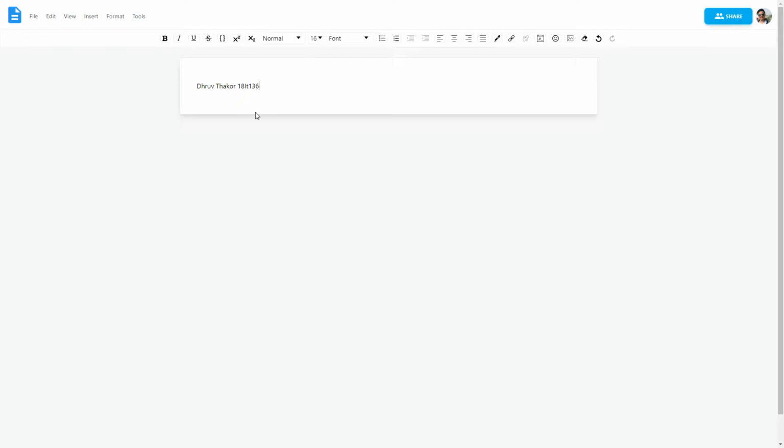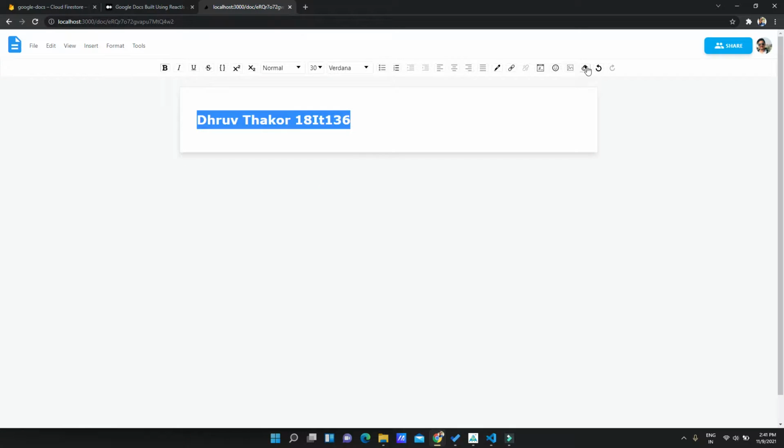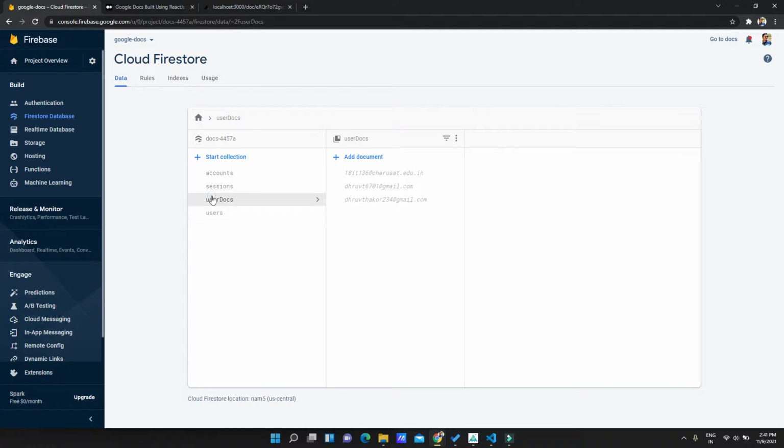Let's say we want to write something, 189136. We can increase the font size, and we can also color it. So this is directly saved on the Firestore database.